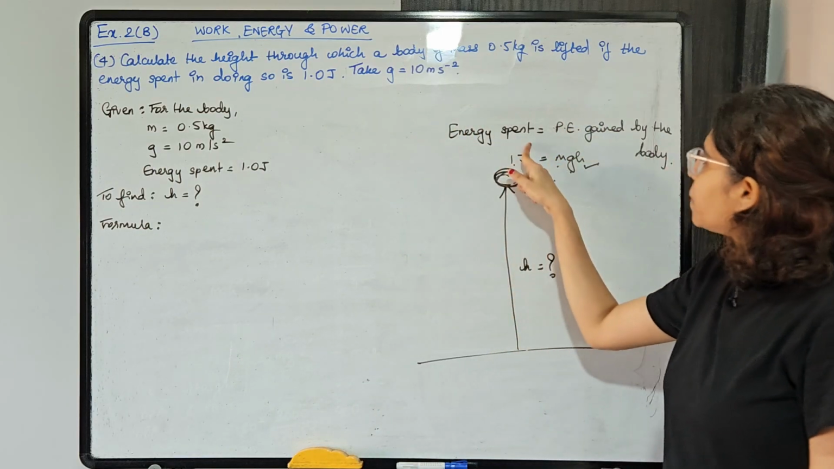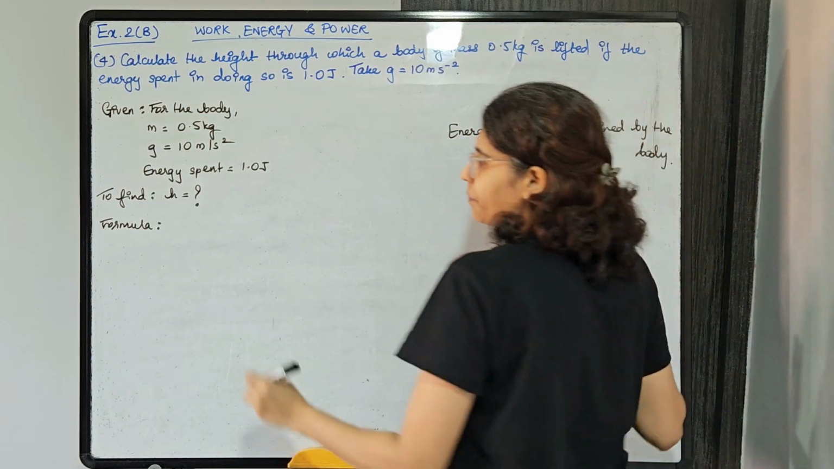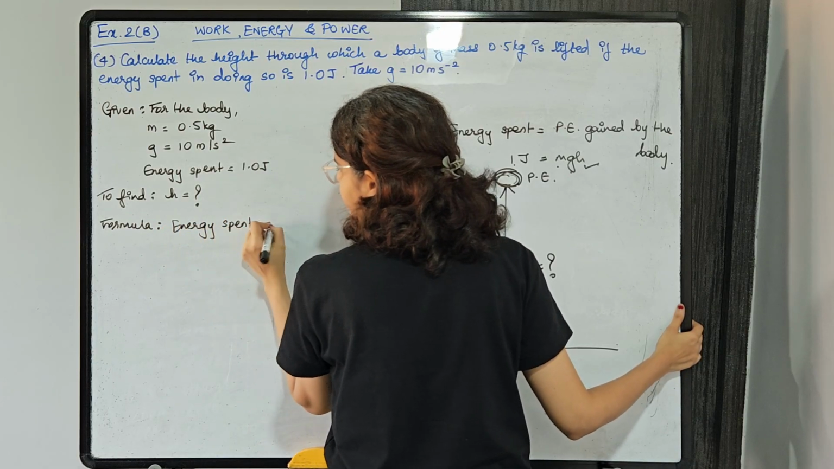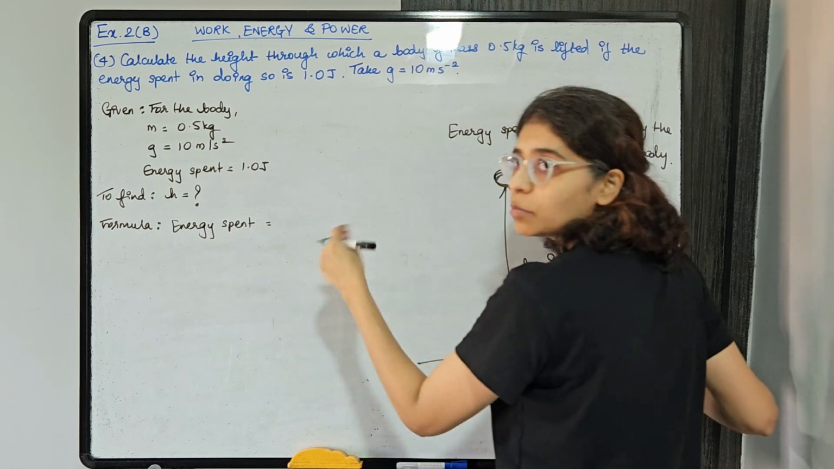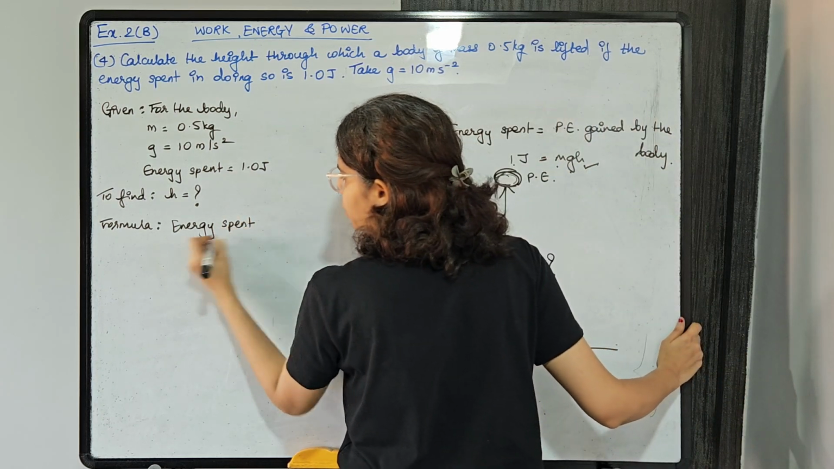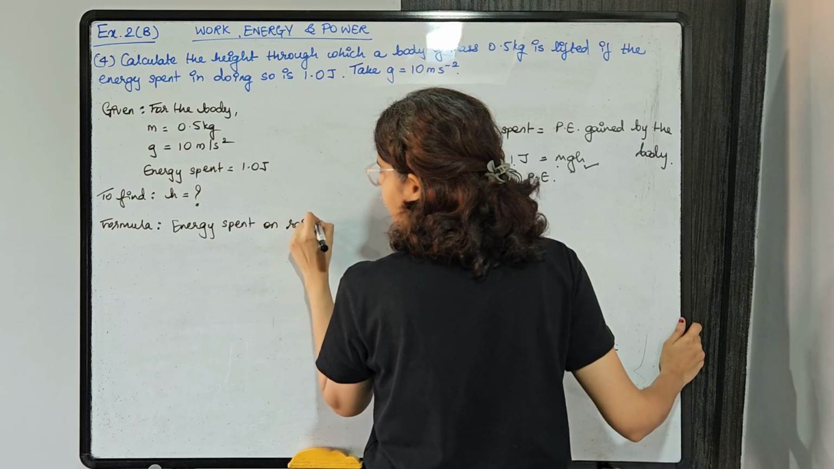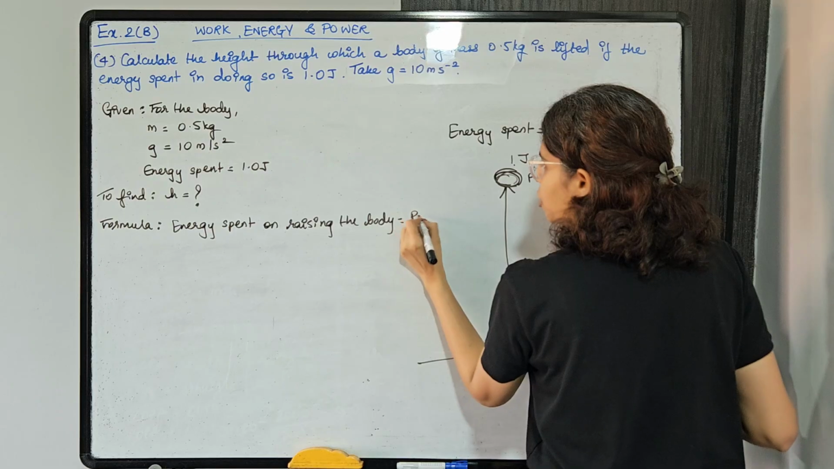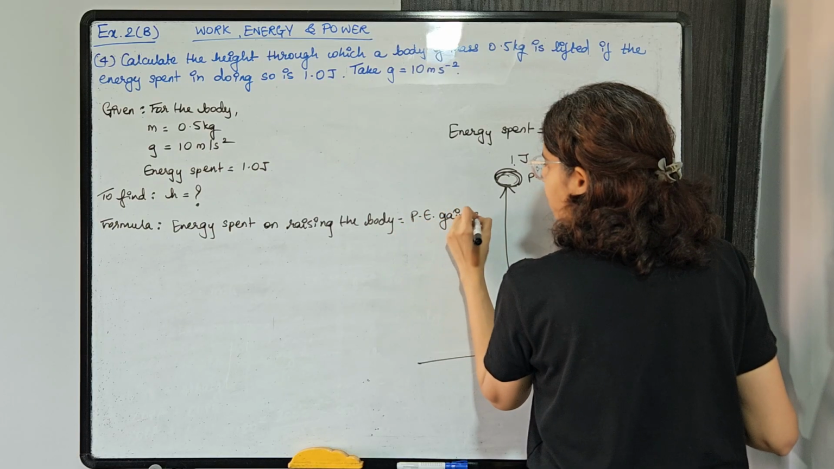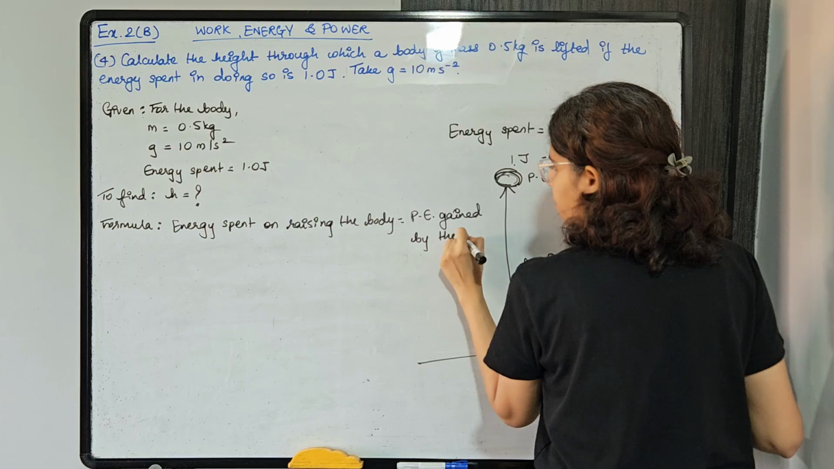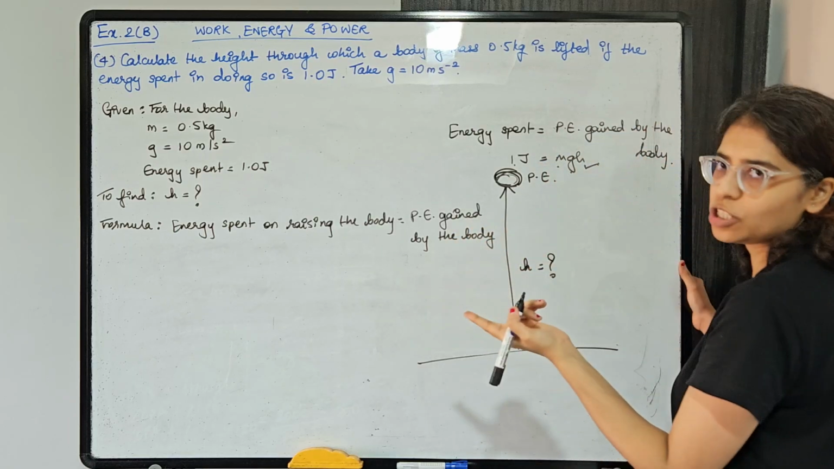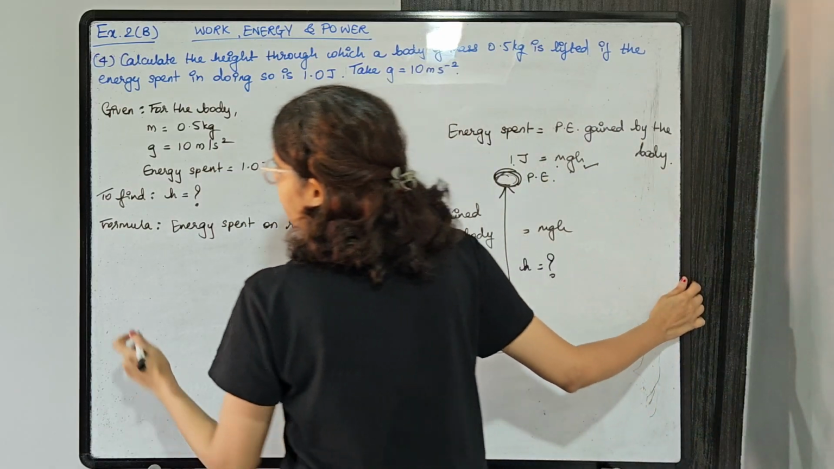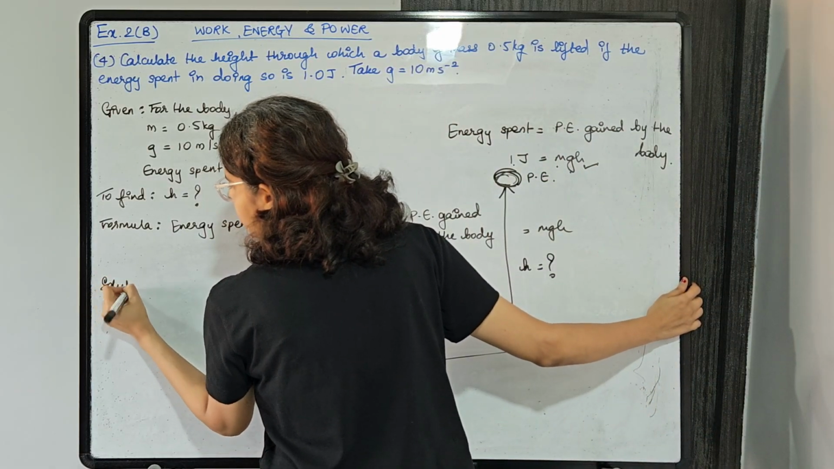To find the height, the formula that we are going to use: energy spent on raising the body is nothing but potential energy gained by the body, which is mgh. So write this, equal to mgh, fully. Okay? Now, starting with the solution,